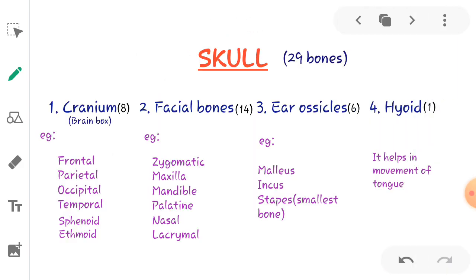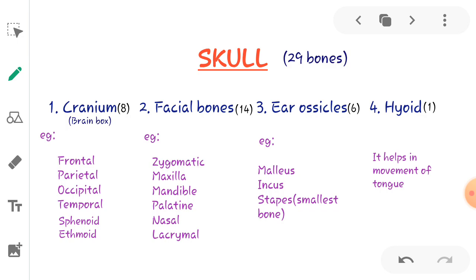Moving back to skull, then we have ear ossicles. Ear ossicles are known as ear bones, and total 6 bones are there. In each ear, 3 bones are present. Those are given here: malleus, incus, stapes. Stapes is the smallest bone present in human body. These are present in the middle ear, and the main function of ear ossicle is to amplify the sound waves